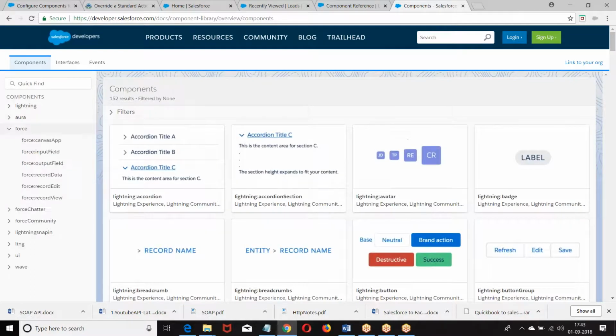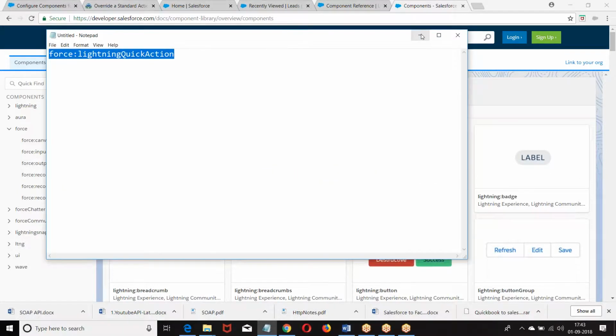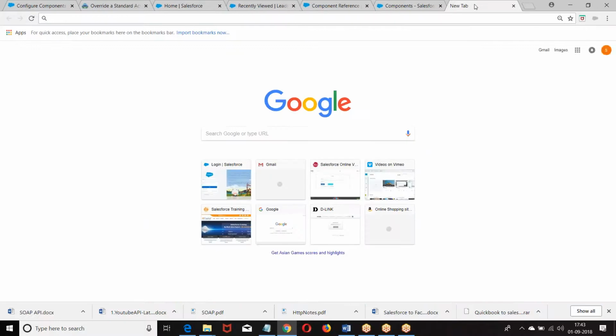Force colon, so we have force:lightningQuickAction.